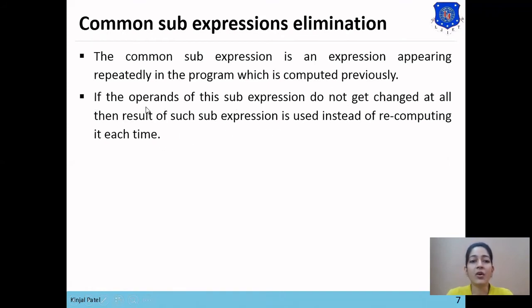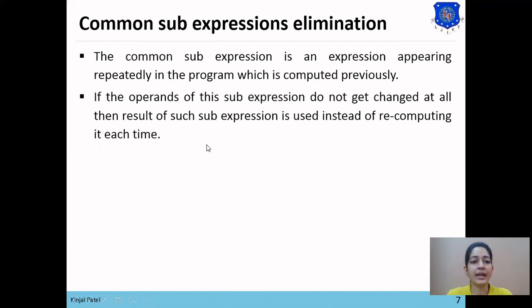Means if the operands in our subexpression do not change until it appears again, then we can eliminate that subexpression. So we need not recompute it repeatedly.